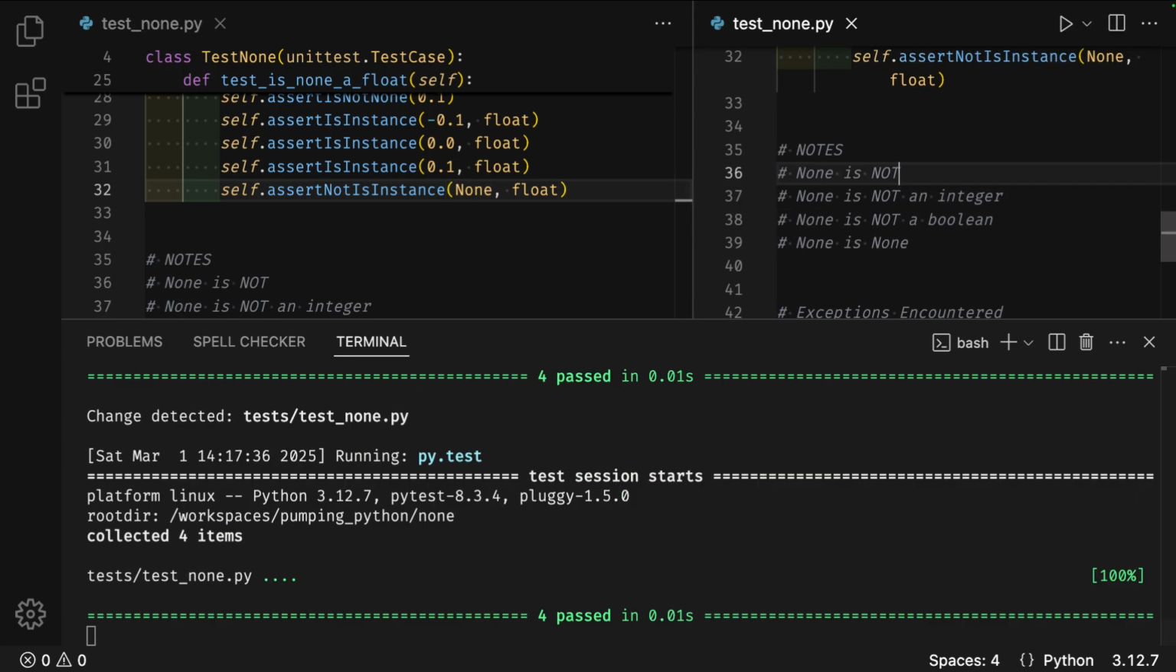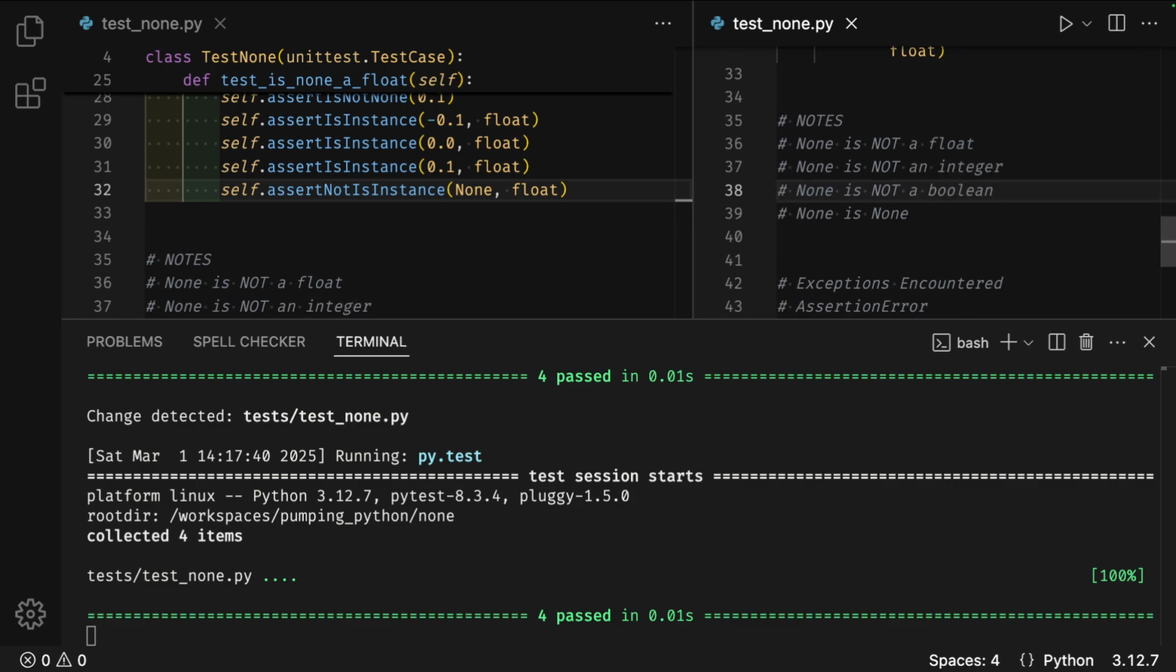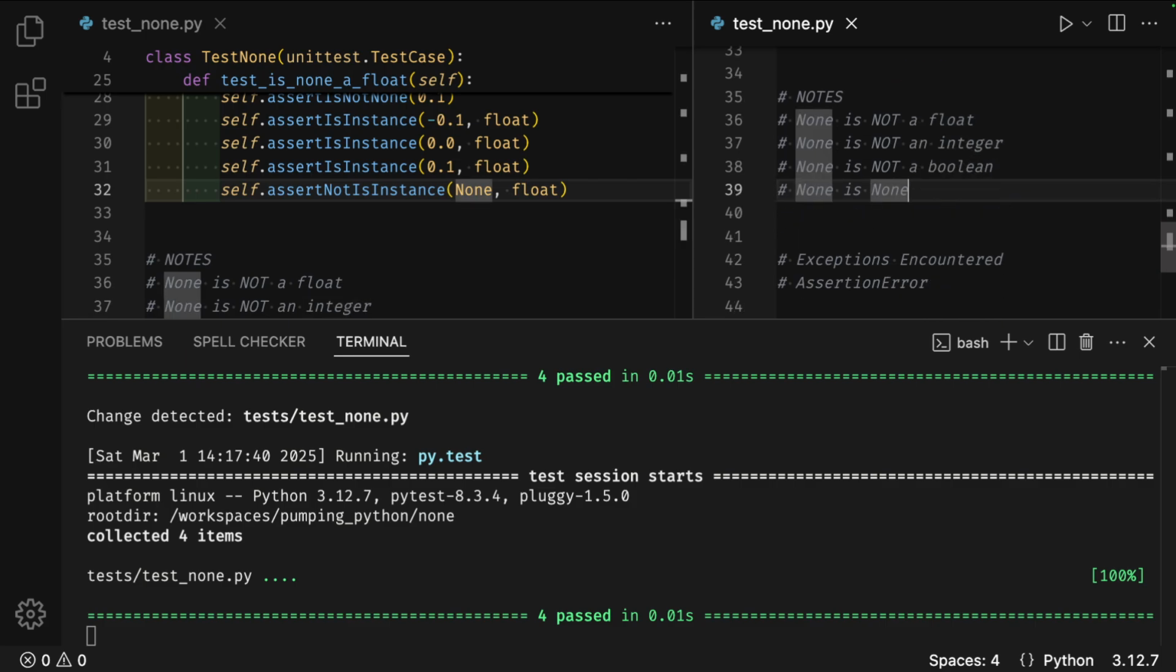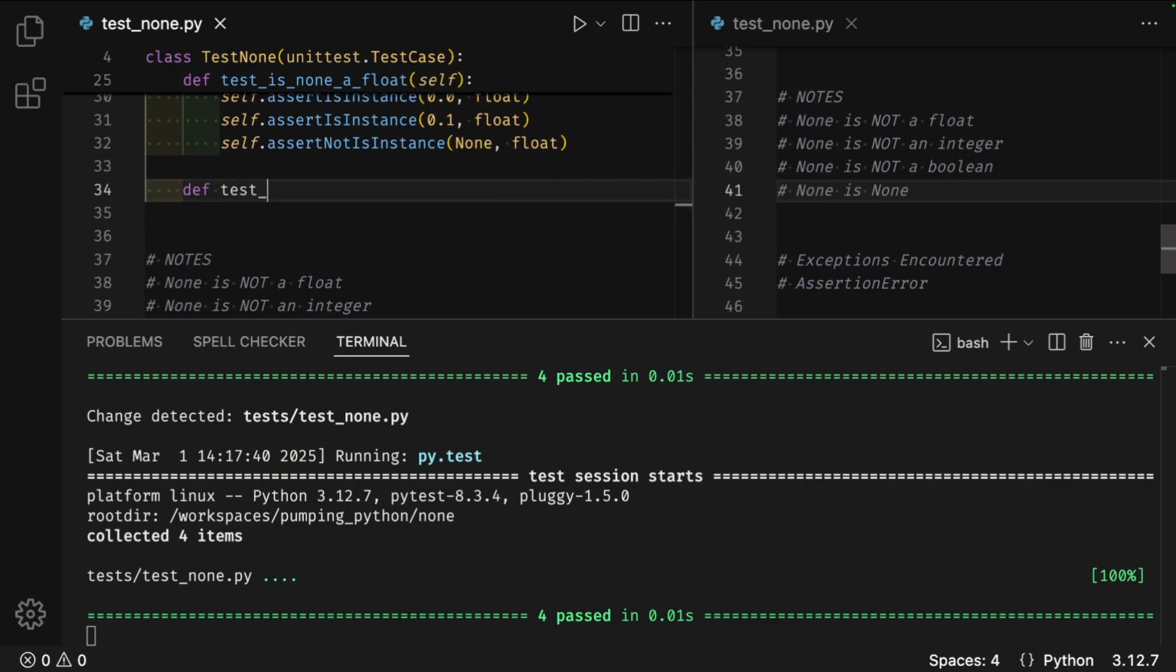None is not a float. None is not an integer. None is not a Boolean. None is None. def test_is_none_a_string(self):